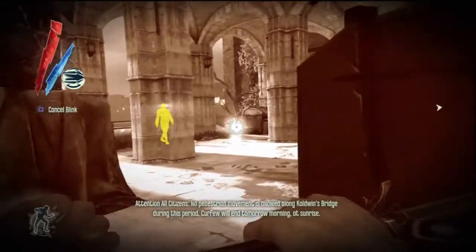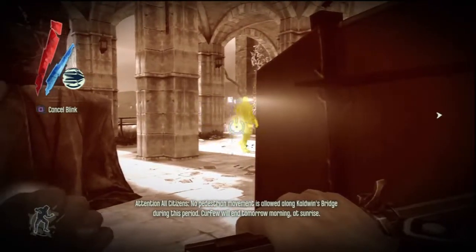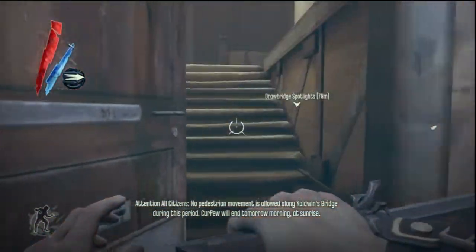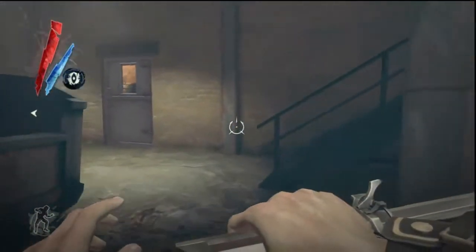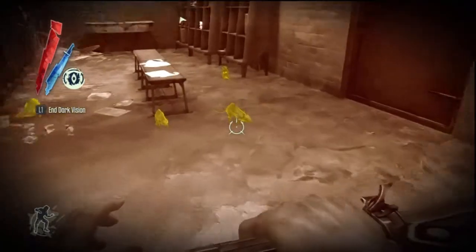Now this guy up here, he's just staring off into the balcony. You could probably go now, but he's gonna walk back. See him walking back? Yeah, he's gonna walk back and you can just blink right behind him. And the door you want to go through is right here. So I closed that door, but there's some